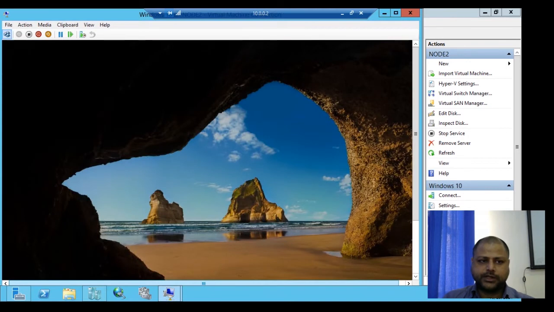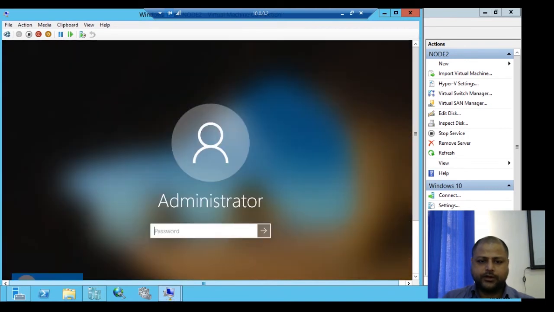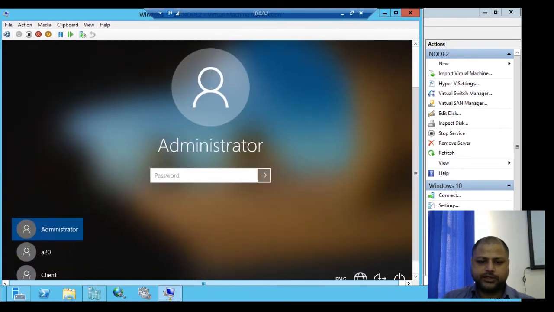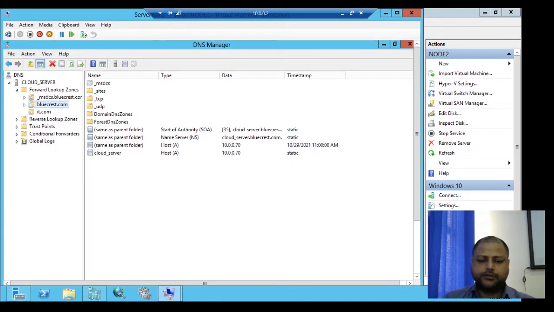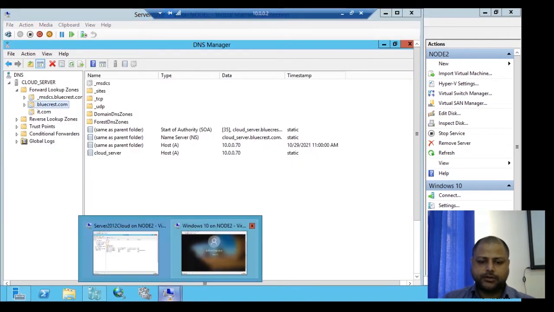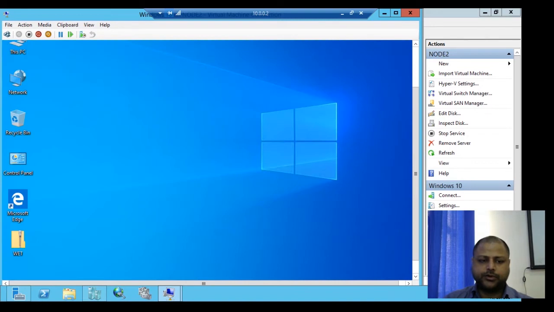So this is my client system, and we'll log in over here as the local administrator. We have given the credentials and it is logging in. In the meantime, we will have a user account so that the user can join the client system to the domain controller.